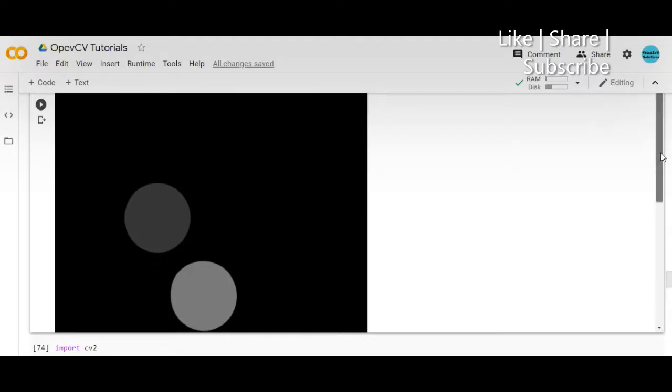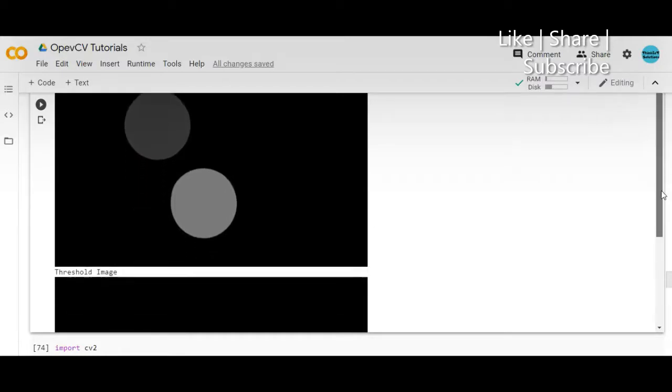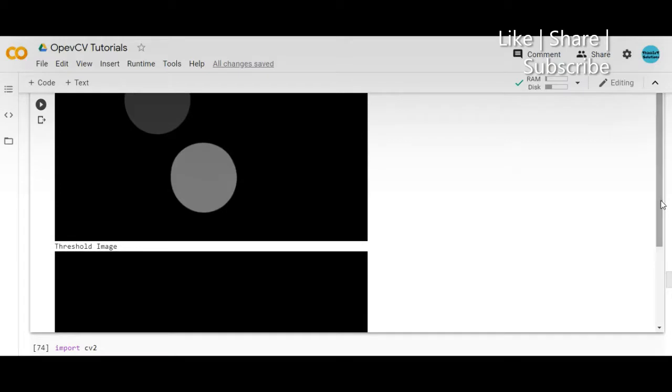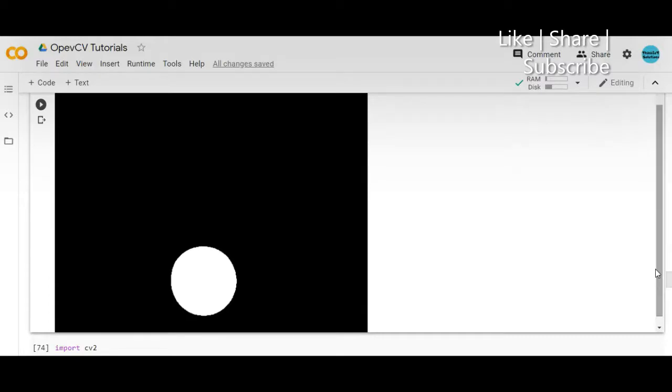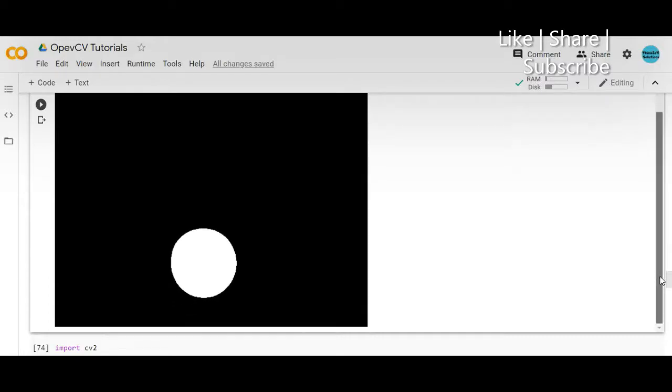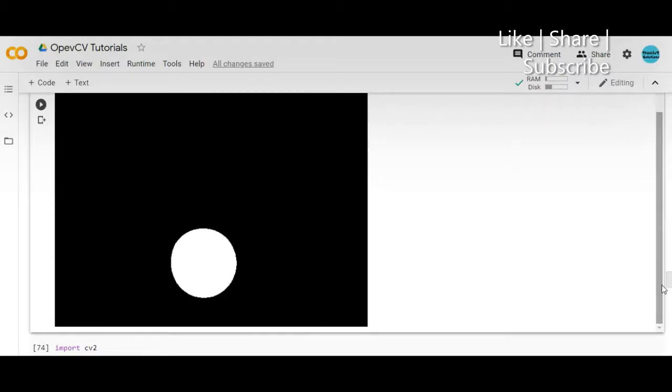Now in order to extract these, I have to do a thresholding. So I'll set a particular threshold, and once I set that threshold, this image will be converted to a binary image as we have seen in the last tutorial. So once I apply that particular thresholding, you can see that only the blue circle is visible now. That is, if you go to the color image, you can see that there was a blue circle only at this point, and now you have extracted that particular blue content and you have given a black and white image. So once you have this particular white here, then you can do further processing on this.